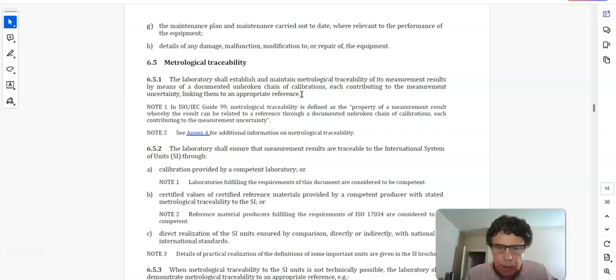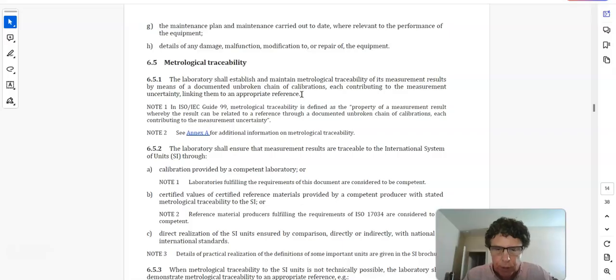We need to have a calibration certificate that gives us an expanded uncertainty of measurement and all the requirements that ISO 17025 requires to be on a calibration certificate, which is why, for the most part, the calibration provider needs to be an accredited lab. But not only that, that accredited lab needs to be furnishing you a 17025 calibration service, because keep in mind,